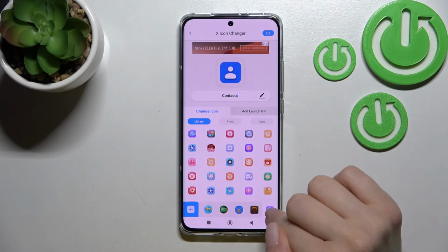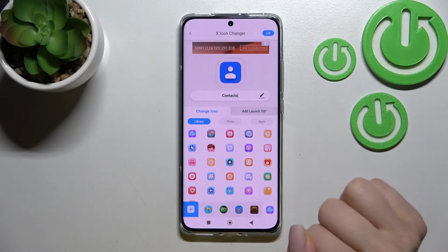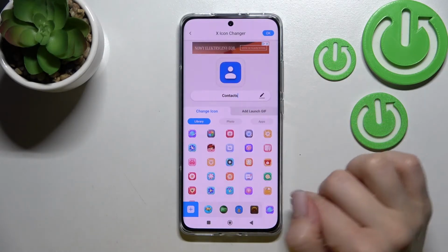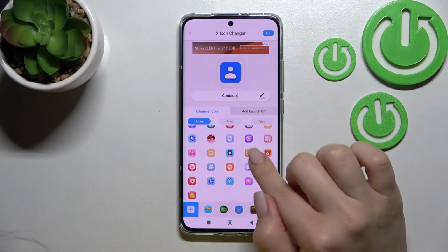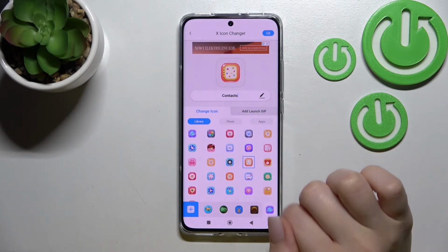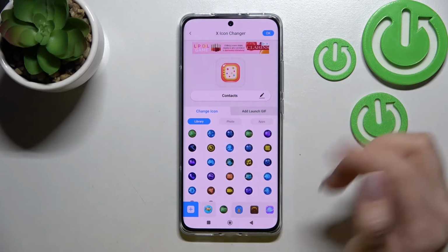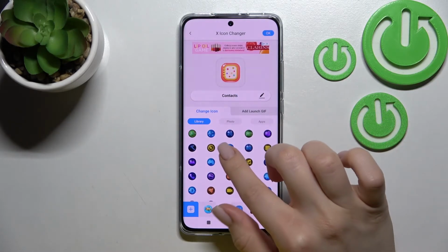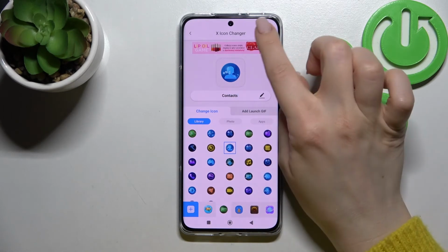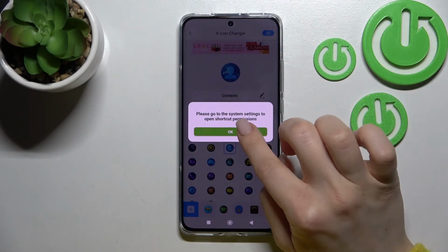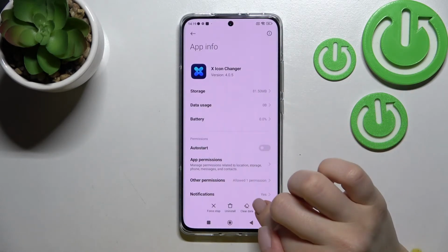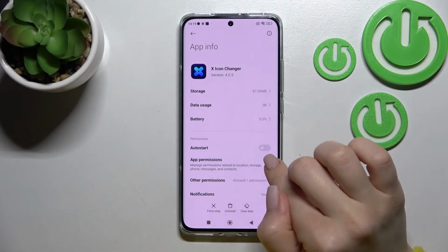So as you can see, we got the new folder with the icons, and we want to change the contacts icon. So I'll find the icon for contacts here, or we can also go with the circles, just shapes here, for example this one. Then just click OK in the upper right corner. Now just tap OK, and here